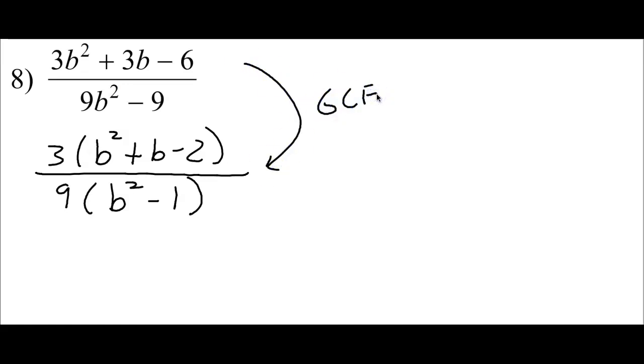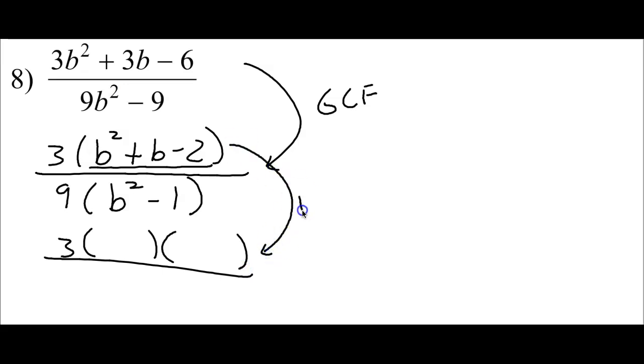All right, the next thing that you would do is you would do the box method on the top here. So as you guys can see, there's 3 terms here, right? 1, 2, 3. So that's a box method problem. I'm not going to show my work for it just because of time, but I will say box, right? So if I did the box method, it would be